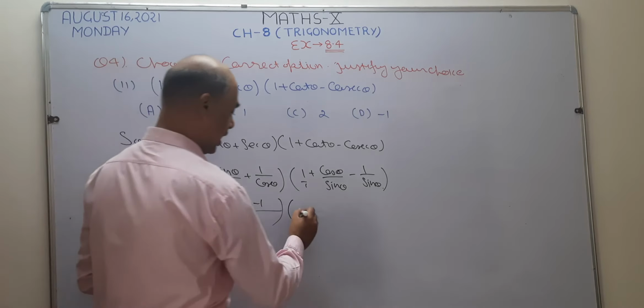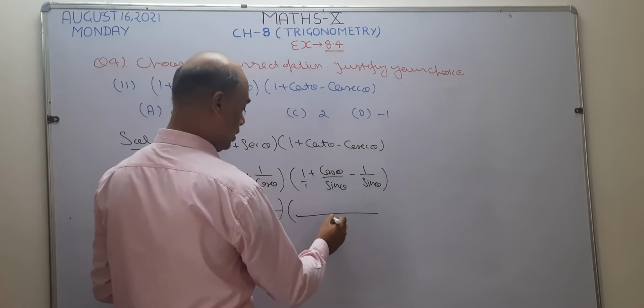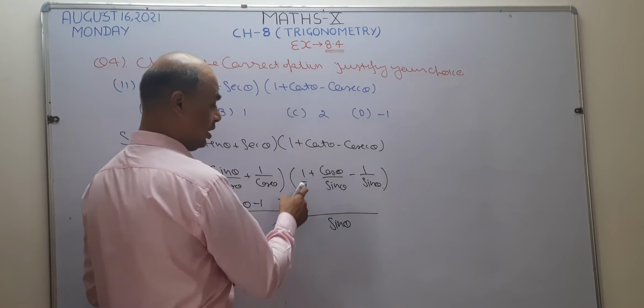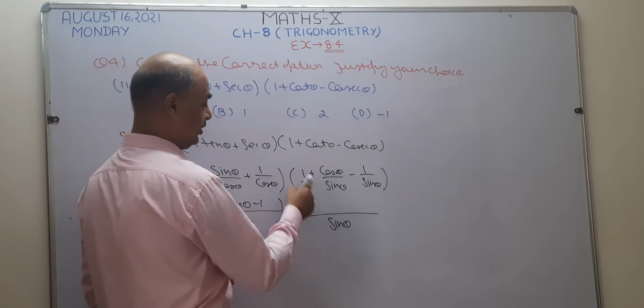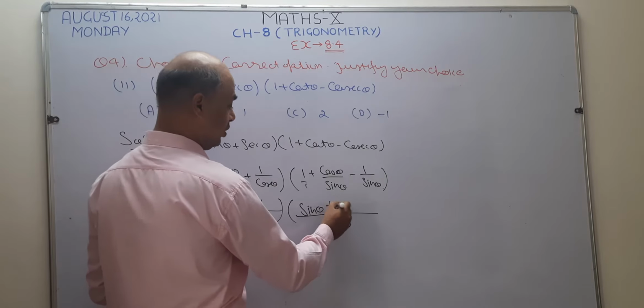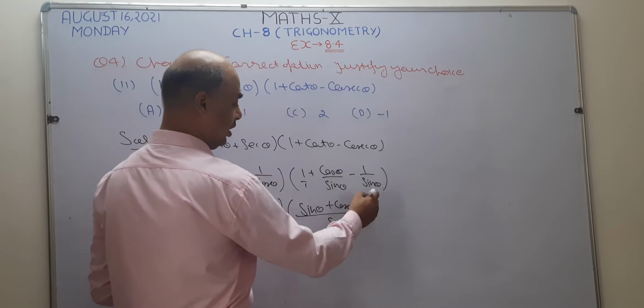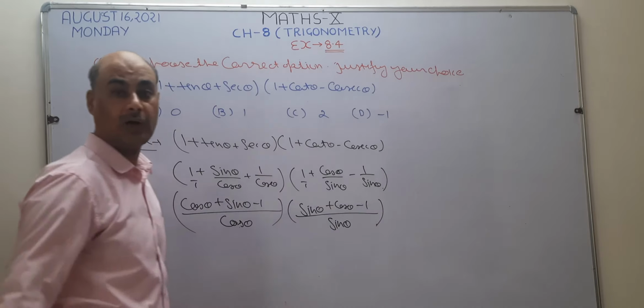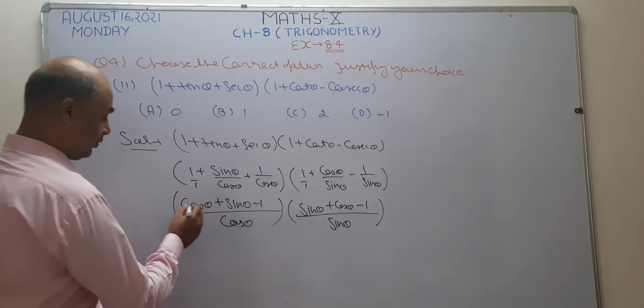In the same way, I am going to take the LCM of these three terms. The LCM of these three terms is sin theta. 1 is there, it means this number is going to multiply with its LCM. So this becomes sin theta. Sin is cancelled with sin. What is left? Cos theta. Again sin is cancelled. What is left? Minus 1.